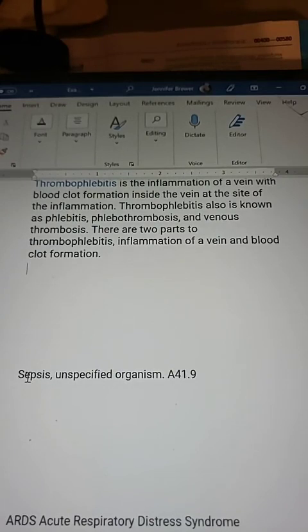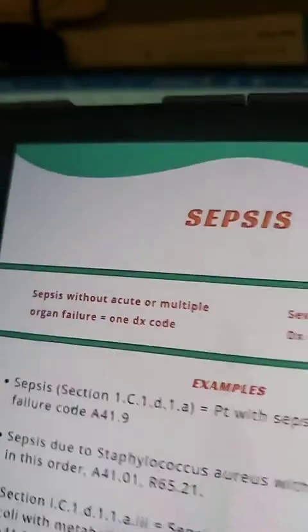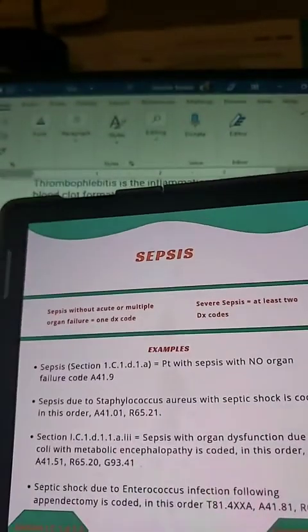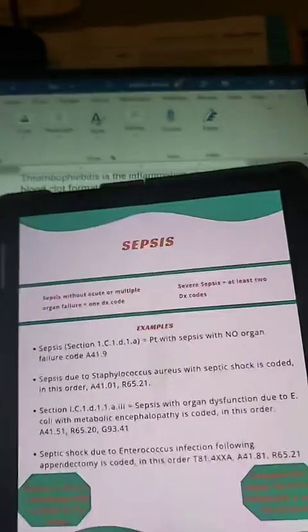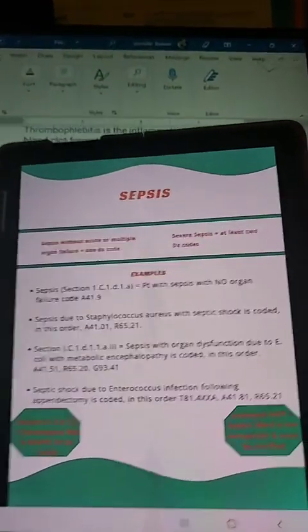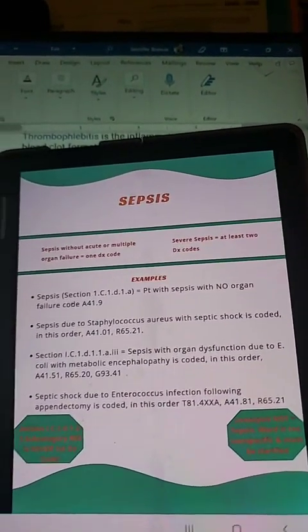Sequel event. Here's sepsis. So this is my one-sheeter. I'll pull the screen out. If you want to screenshot that,